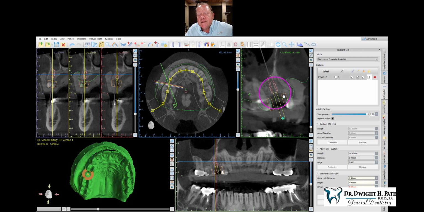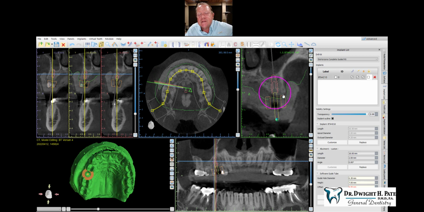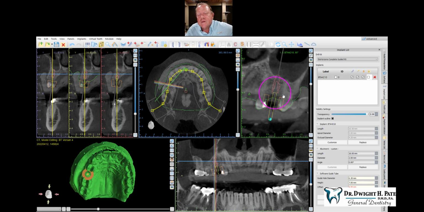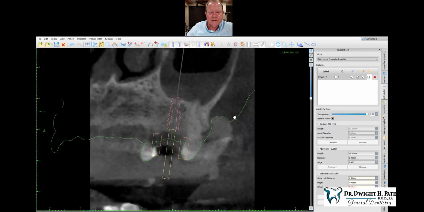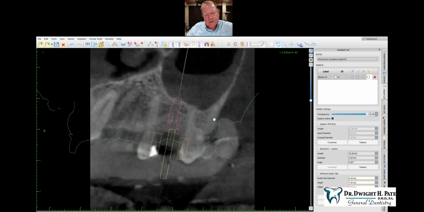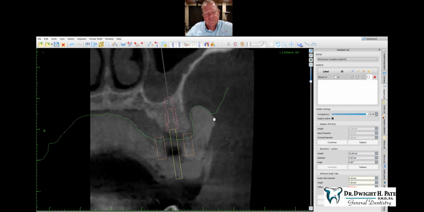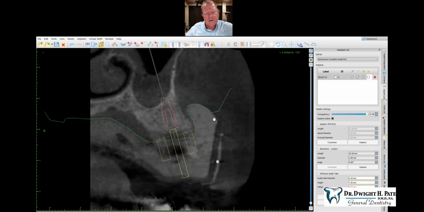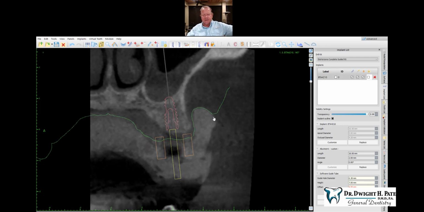We should be good, but I want to spin all the way around this implant to make sure that it's in good shape. We can enlarge this view. I think I'm okay there. You could modify that. You'll see in a minute we may have to modify it anyway as we begin to plan this guide. Okay, so your stop position, if you'll remember, is 1 millimeter